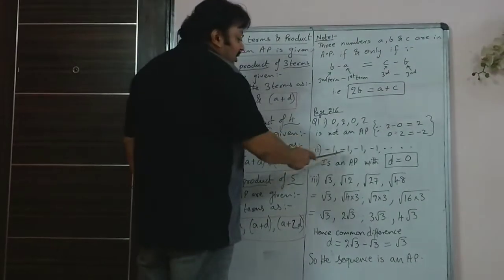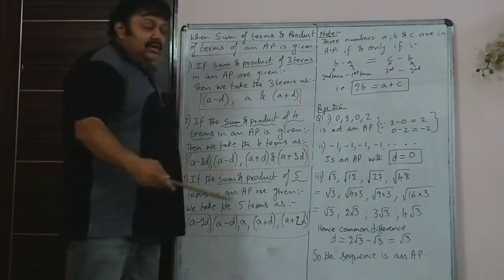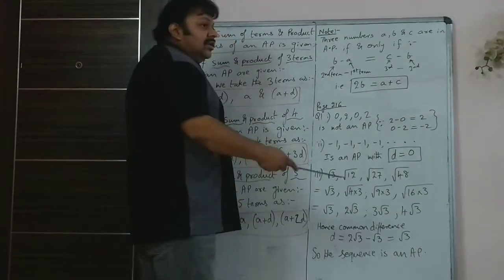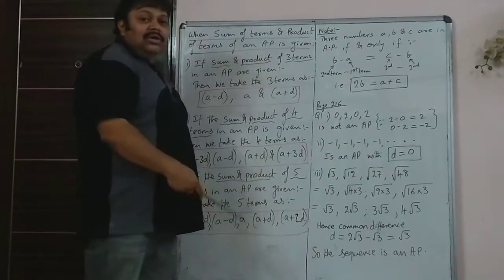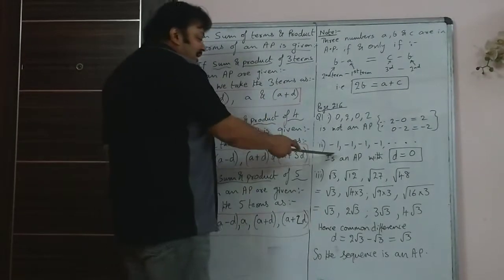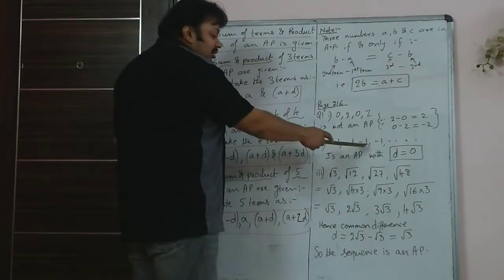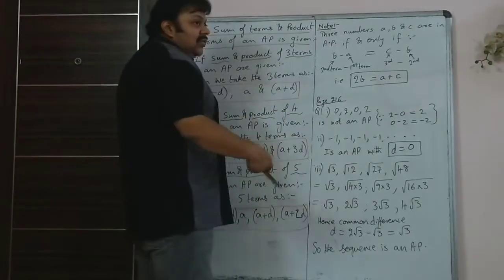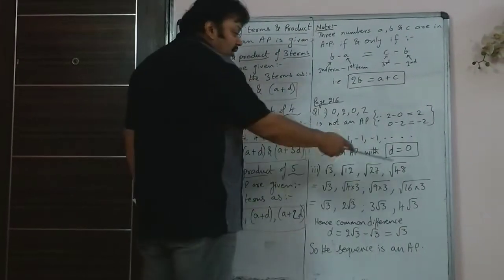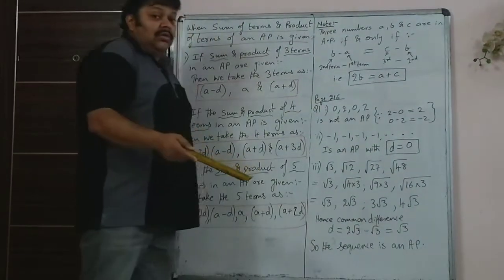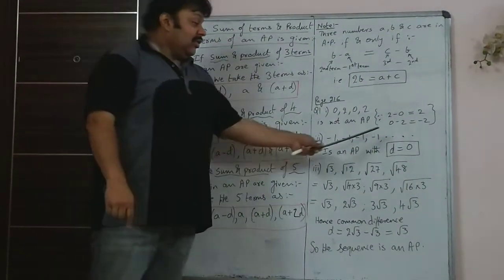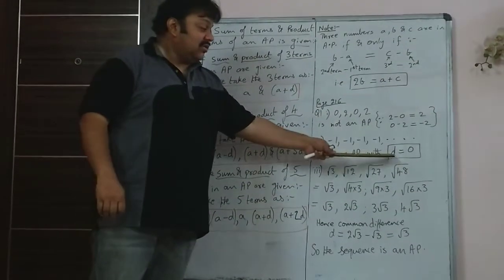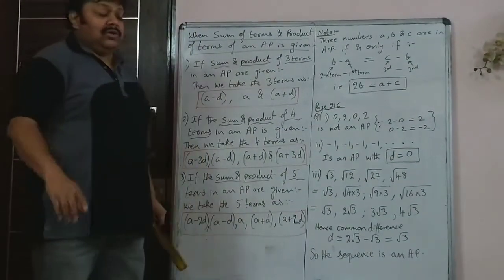Then you have got 4 numbers given, the second question. Minus 1, minus 1, minus 1, minus 1. The number is not increasing, the number is not decreasing. So this minus this would give you 0. This minus this will also give you 0. This minus this will also give you minus 1 plus 1, that is 0. So D is 0. Even though the numbers are not changing, this is an AP because the common difference is 0 and it remains 0 throughout.